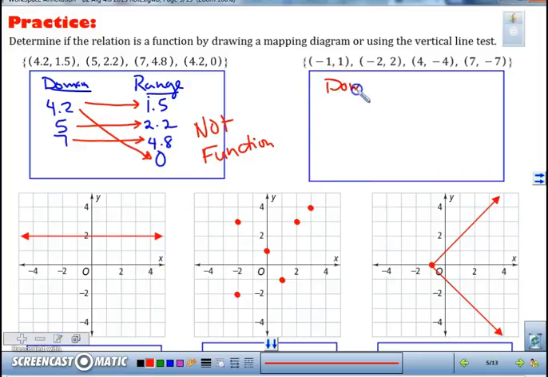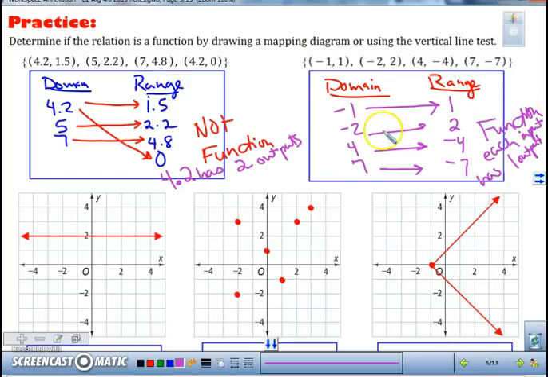Again, we want to start with our domain and our range. So try this one yourself and try and decide if it is a function or not. Pause the video so that you can actually fill those in yourself and try and decide, is it a function? And when you are done pausing the video, you'll see how I've written it and written if it is a function or not. Now again, you're going to see that I've written down the domain and range,